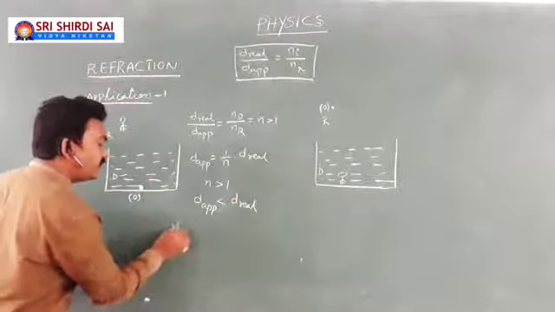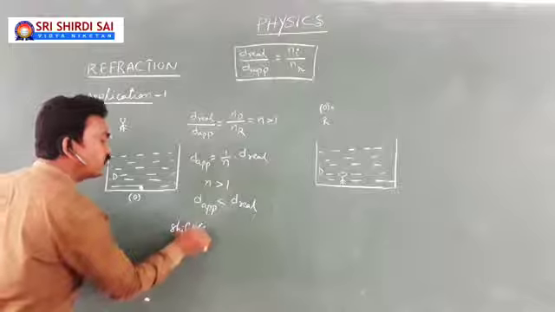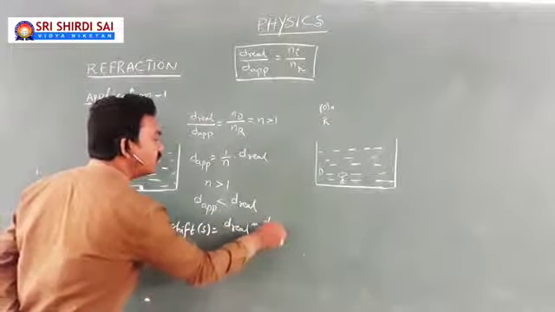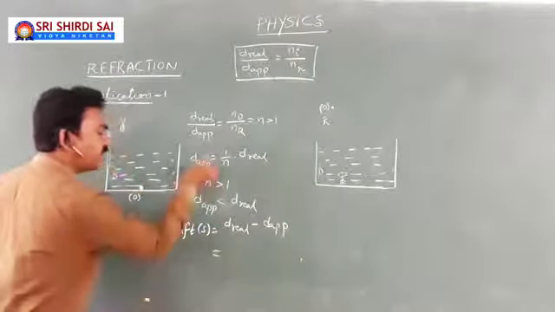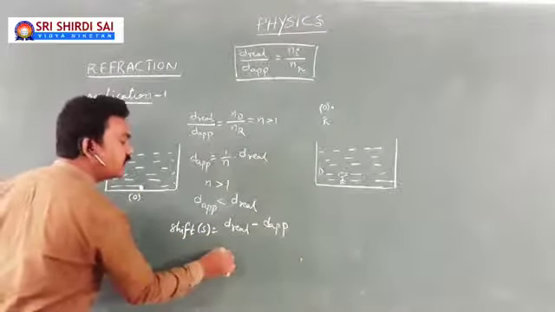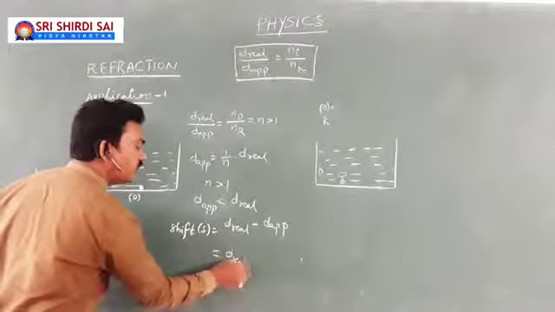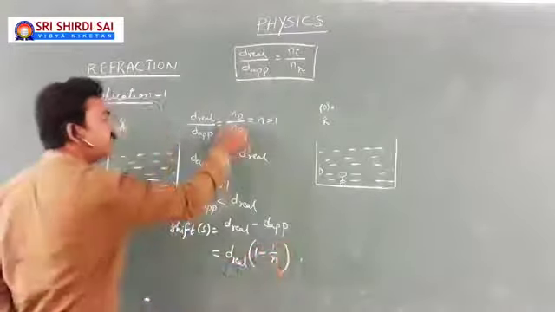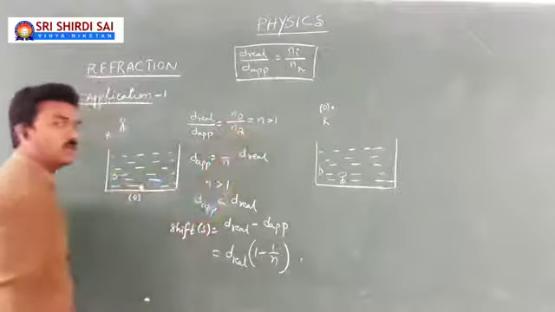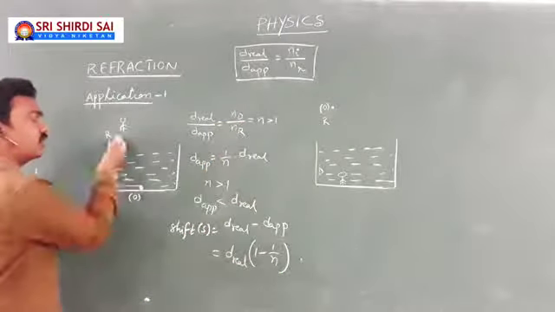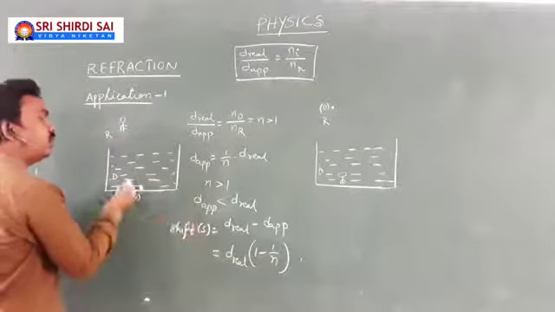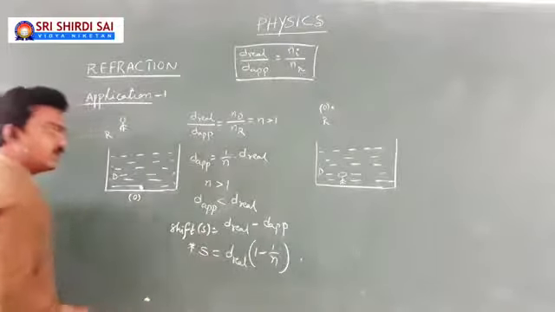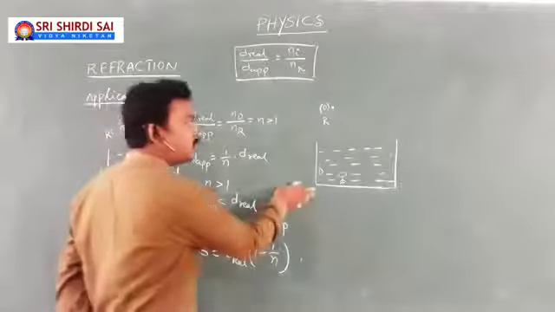Of course, shift is given by the formula S equals real distance minus apparent distance. I told you if you are going for subtraction according to this, you will get real distance times (1 minus 1 by n). N is the refractive index of denser medium with respect to rarer medium. Of course, here denser medium is water, rarer medium is air. Refractive index of water with respect to air. This is the shift formula. Now you apply the same procedure to this.